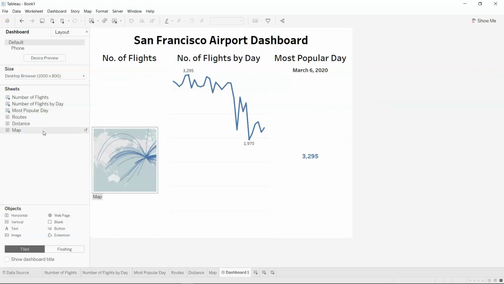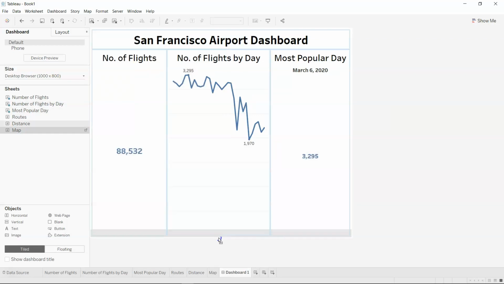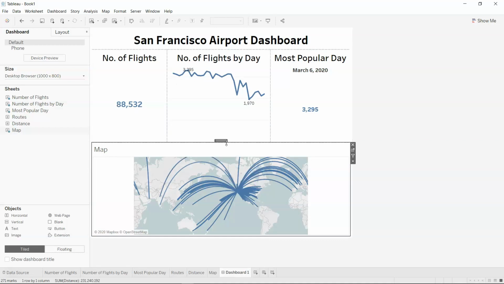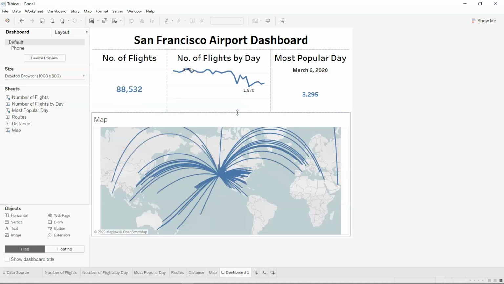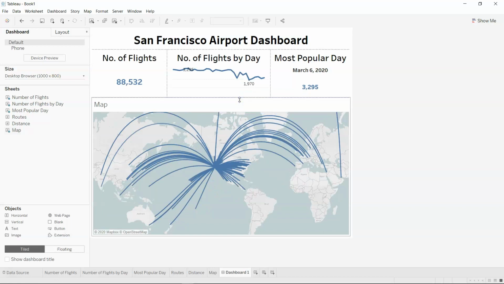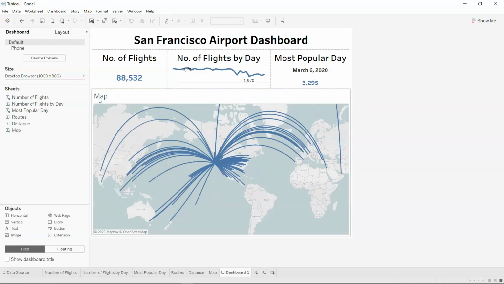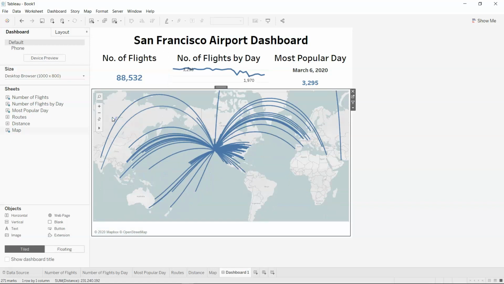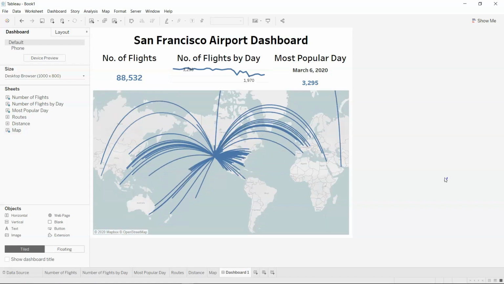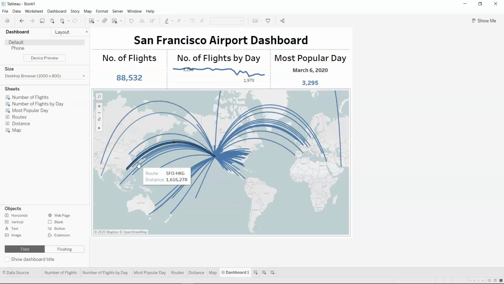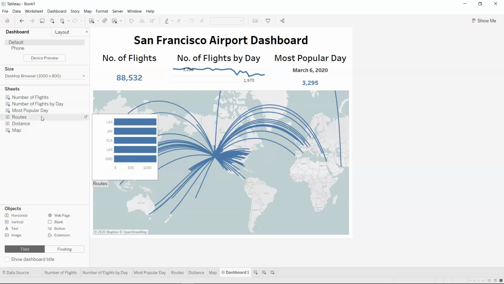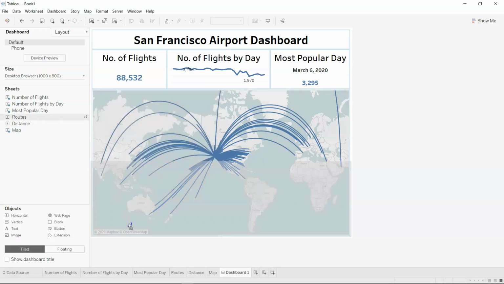After that, we have map. So let's bring the map and put it down there. As you can see what I'm doing, I have this map, so I can put it upward as per my needs. So I'll right click and hide this. So now I have full map, and this KPIs is showing its relevant information. Now I can put the route and distance over here,